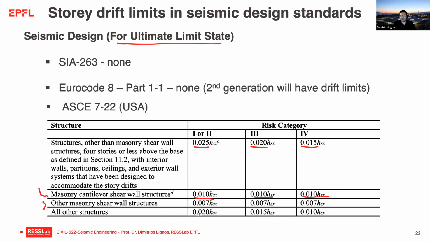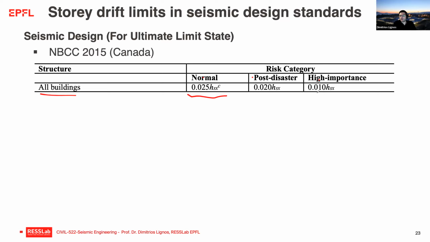The Canadian code follows more or less what we saw in the US, but it puts all buildings into the same bracket, and it only distinguishes with respect to a risk category, where a normal building, that will be an office building, would be allowed to go to a larger drift limit, in this case 2.5% of the corresponding story height, whereas high importance buildings such as hospitals, administrative buildings, would not be allowed to go more than 1% of the corresponding story